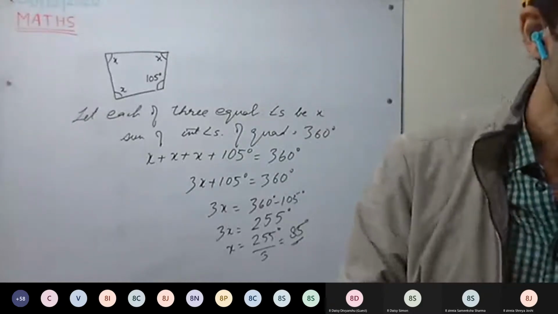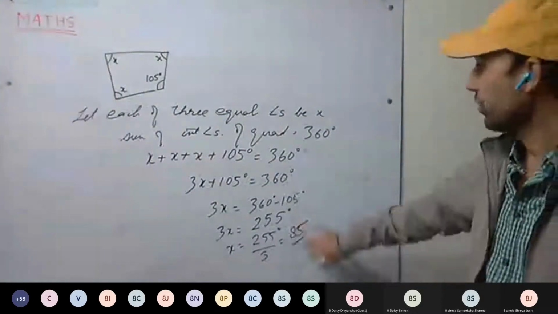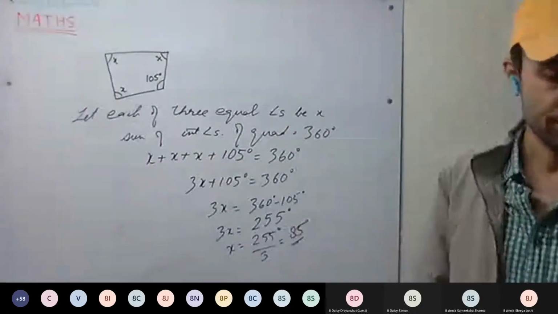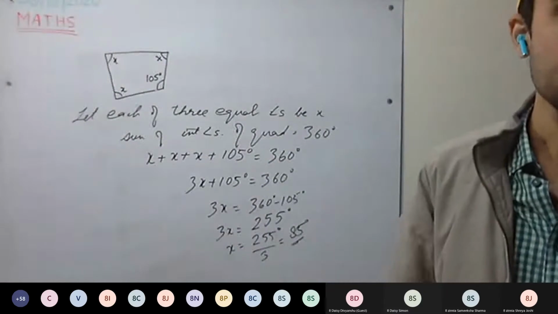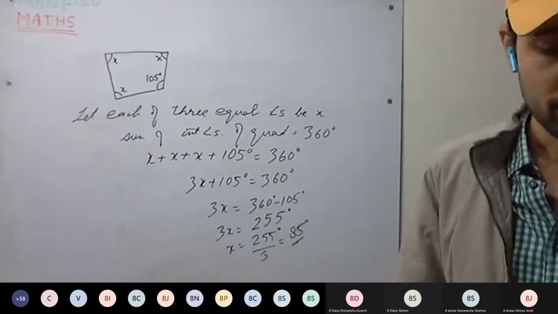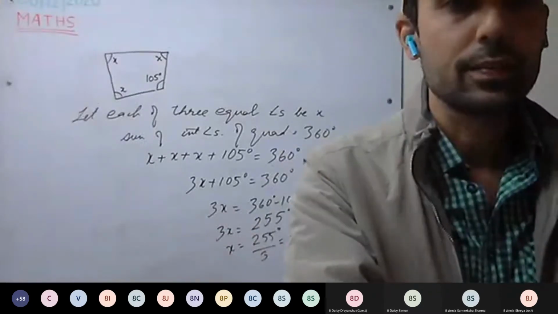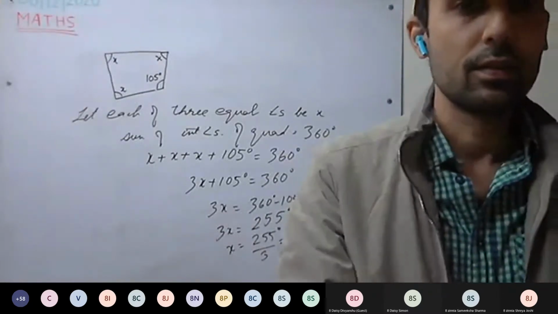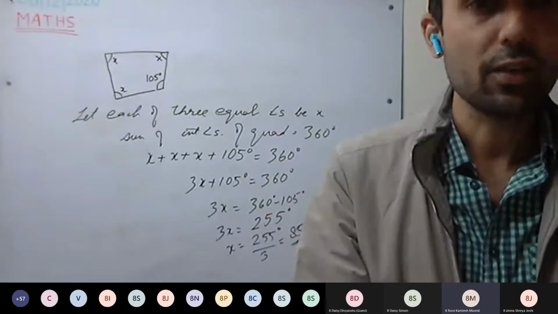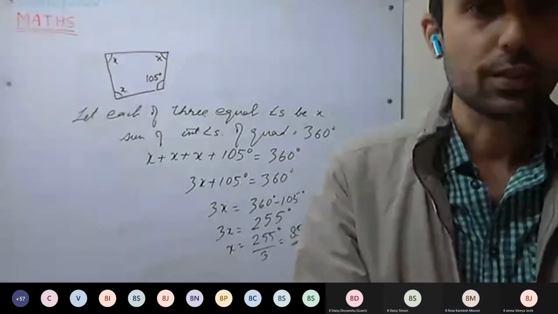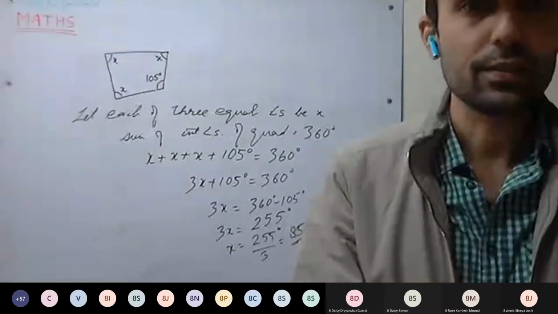Sixth question. Anyone have doubt in fifth question? Okay, I give you 1 minute. Let all the other students complete this one. Okay, fifth question, complete it now. You all have understood fifth question? Yes, sir. If anyone is having doubt, do ask, because we'll be doing more complex questions after this.